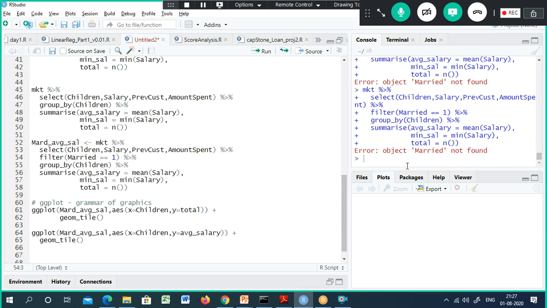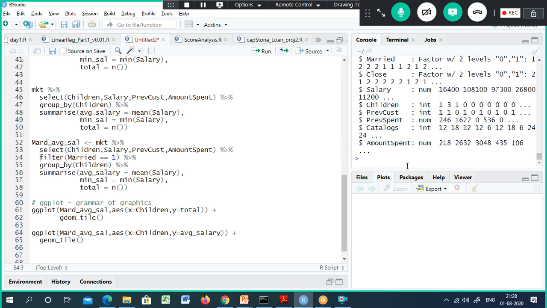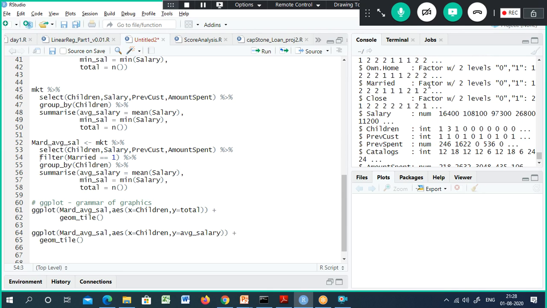Something wrong. Earlier married was there. strmkt, right? So in strmkt, married is still a factor. It is already a factor, right?